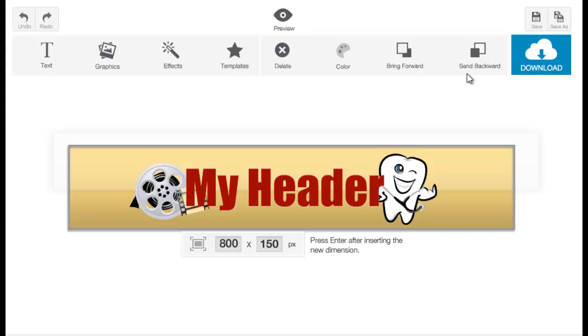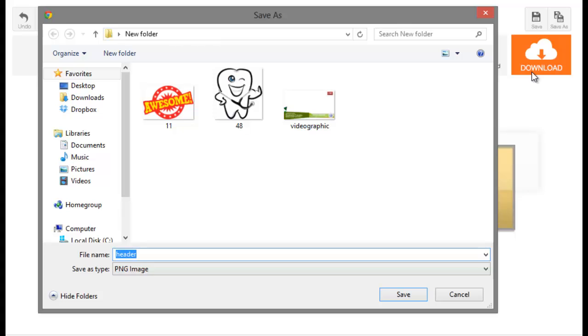And if you want to save this as another file, hit save as, type a name for it, and then hit save, and it's going to save another XML file that you can use to edit this work again. Now, if you want to download the PNG file of this image, just hit download and then type in a name of your file